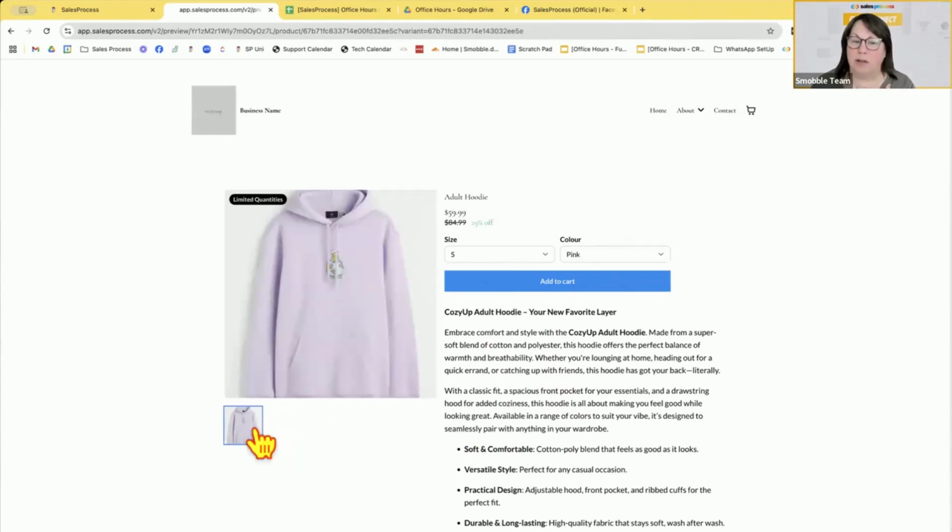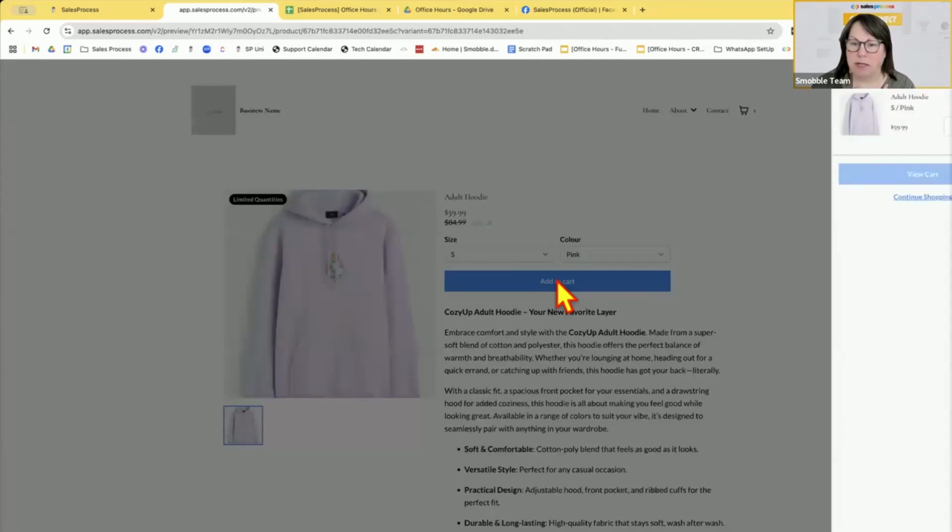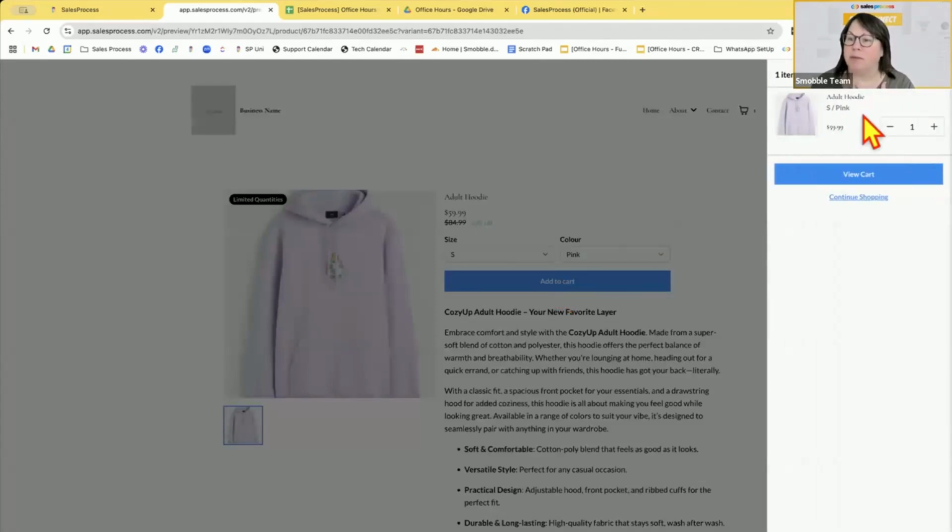And if I wanted, here is where the color variables would be. Like if I have it come in red and blue, I'd want those to show down here, right? Okay. And then I'm going to add it to the cart because I'm going to buy this. And this pops up over here, with this kind of side panel for the cart. And so you can choose to view the cart or continue shopping. So I'm going to choose view cart, and this is going to take me